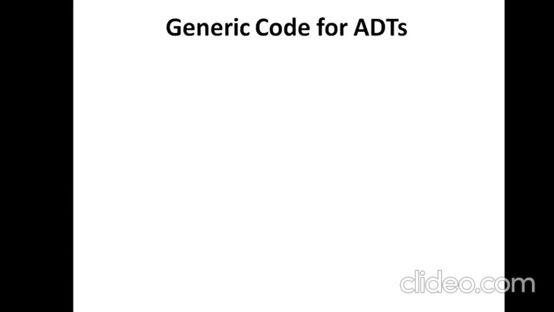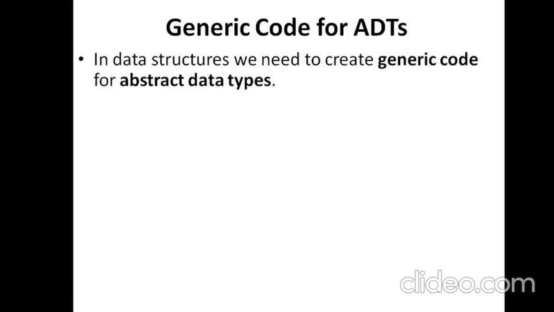Now we are going to discuss the topic of our lecture, which is what generic codes are and what their advantages are. Generic codes are codes that are not specific to any data type. Abstract data types are objects. We have discussed earlier that an abstract data type is more of an object in an object oriented programming language. So it is better to create generic objects rather than creating objects of a particular type.